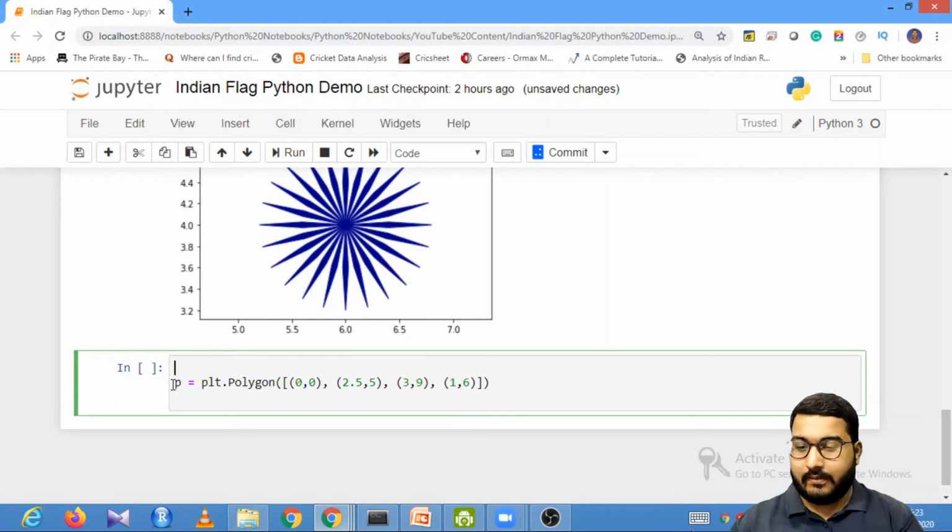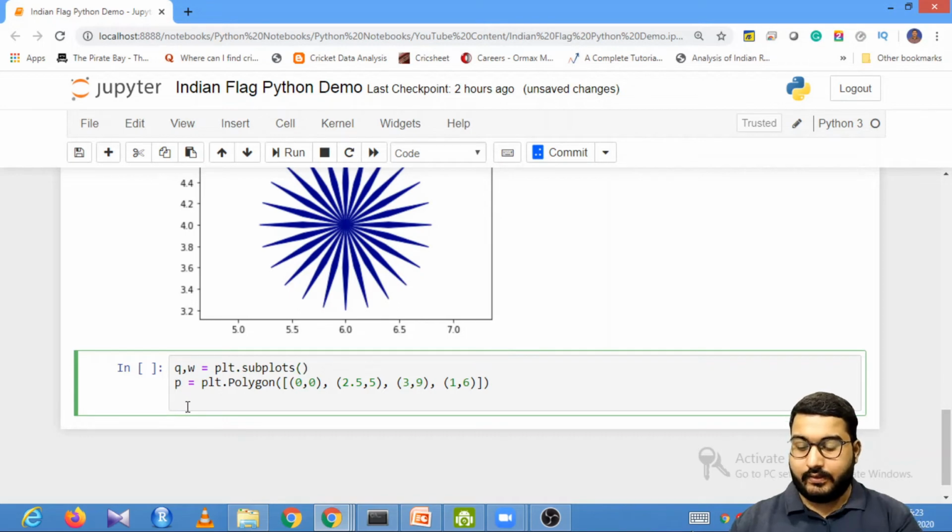I will create a plot. So let me create a new plot, q comma w is equal to plt.subplots.